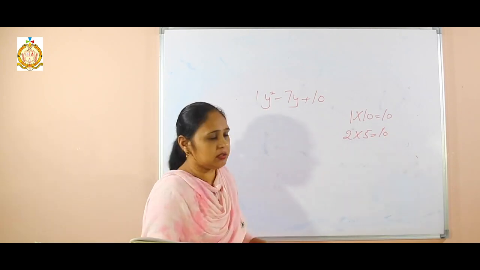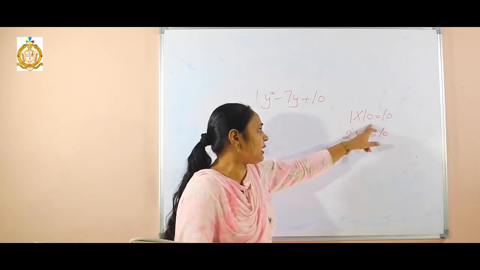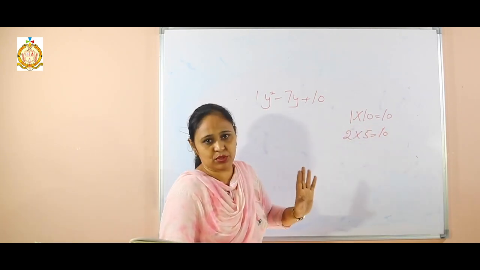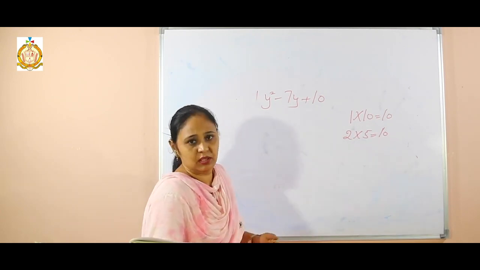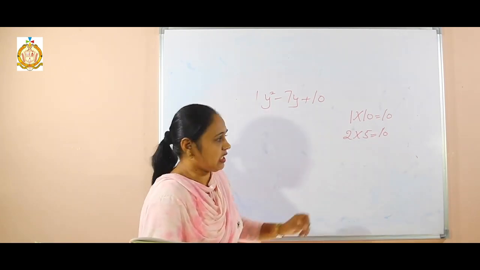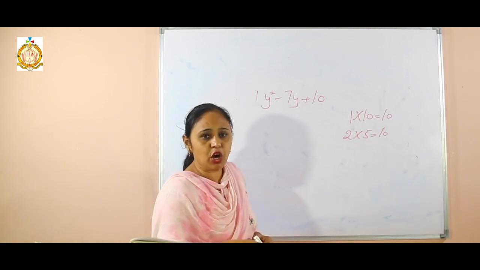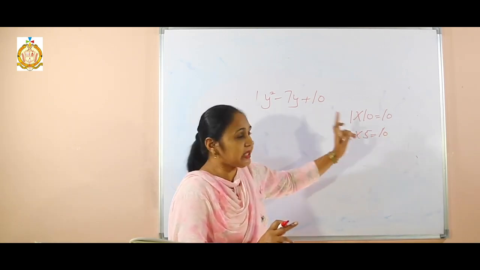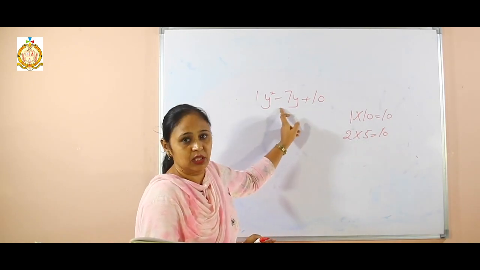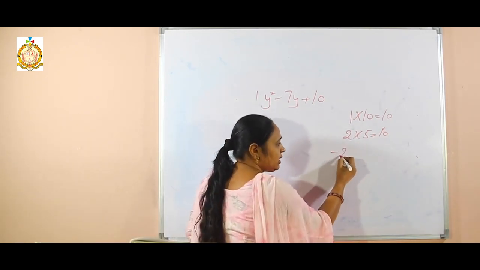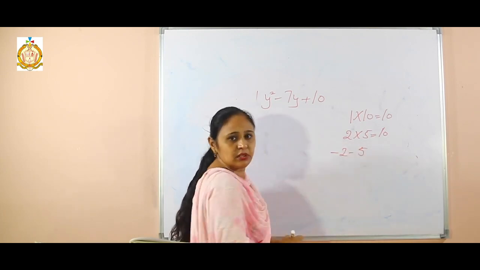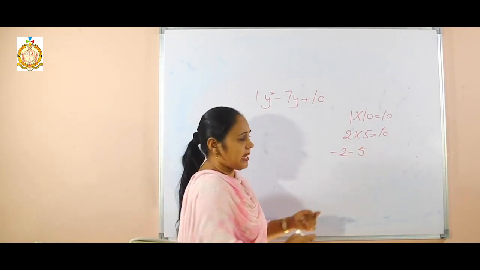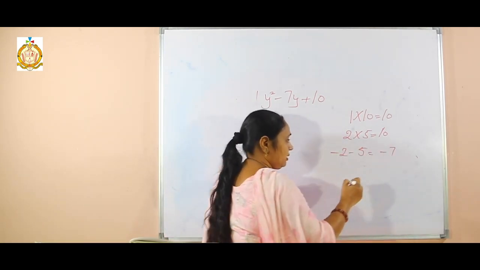Only 2 factors are there. Another factor is not there. 1 tens are 10, 10 ones are 10, 2 fives are 10, 5 twos are 10. But I need only 7. There is a negative sign. Now this is positive. Now how to make it negative? I want to multiply to get plus 10, but I need the sign of negative here. So I will take minus 2 and minus 5. Minus minus is plus, and it becomes minus 7.